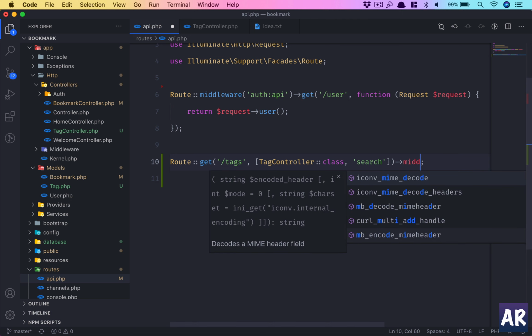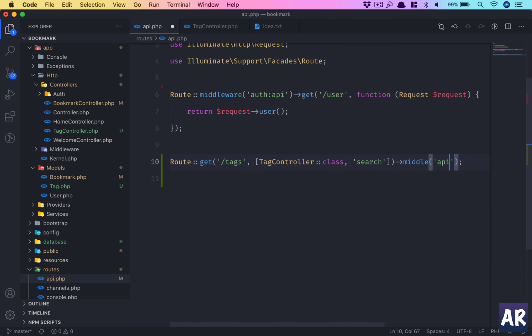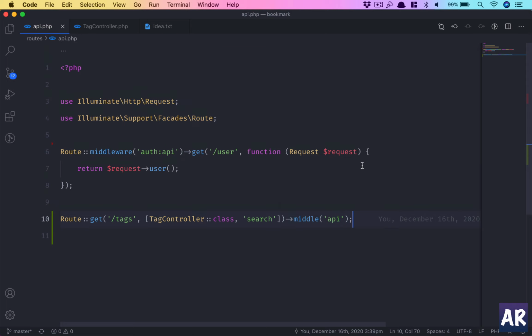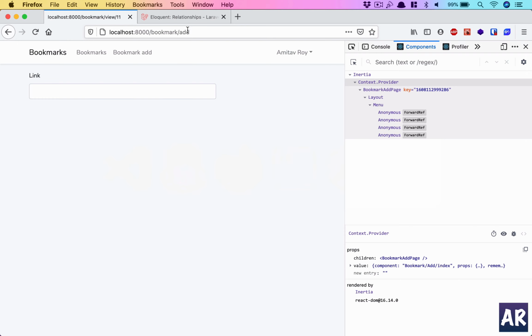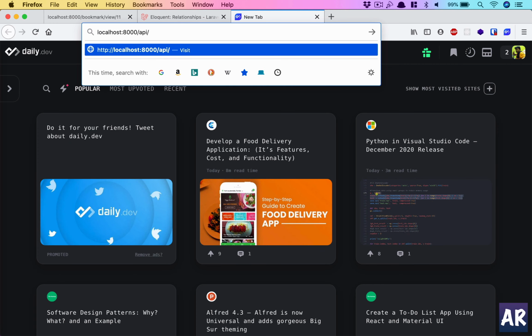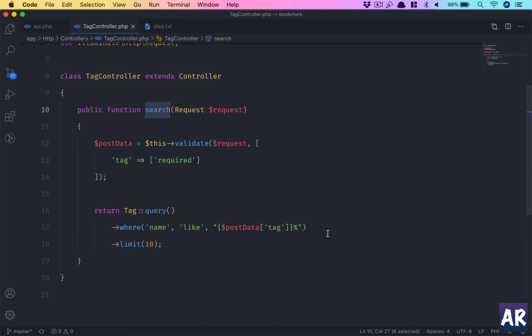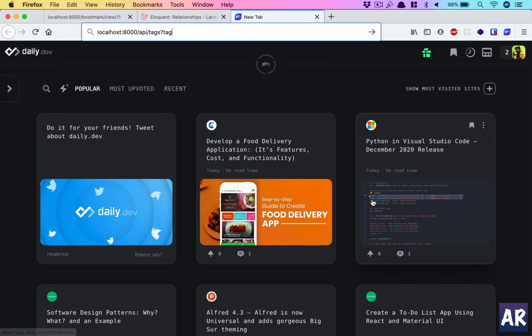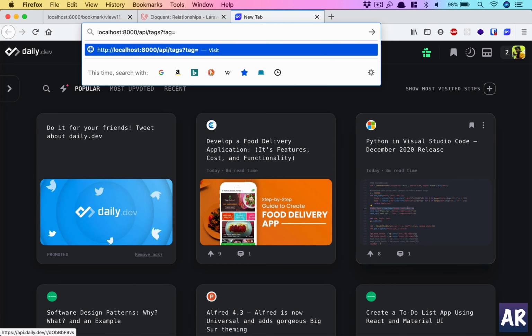And I'll add the API middleware so that I have basic throttling in place, which is 60 API calls per minute, the default value. So now if I come over here, question mark, I think it's name, right? Sorry, no, tag. So tag controller takes tag, tag equals. If I do LA,